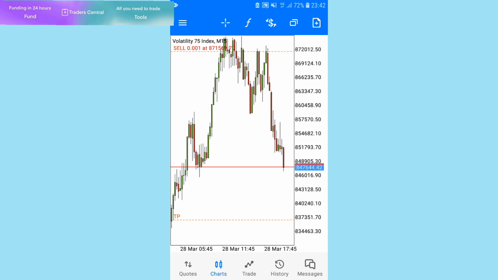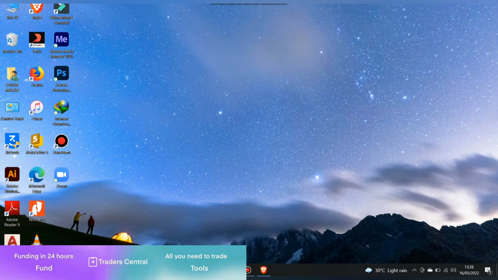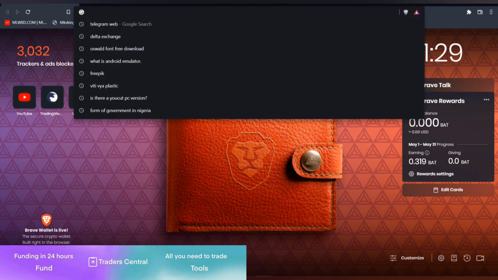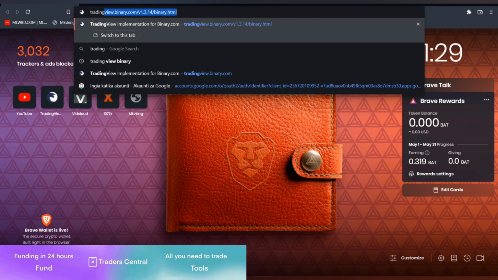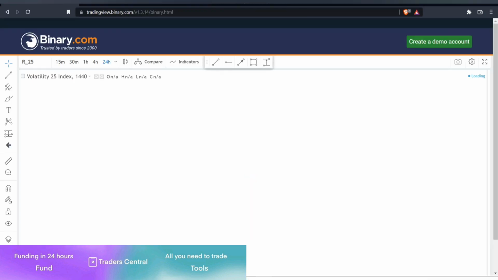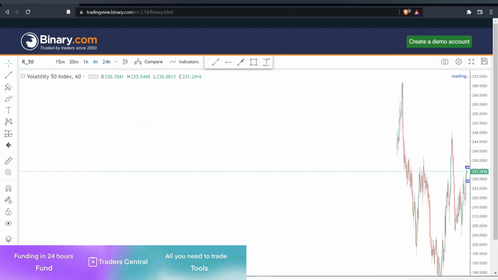So first step is always the first. Make sure you open up your personal computer and you go to any browser that you're using. Some can go to Firefox, some can go to Mozilla, but I prefer using Brave. So on your browser, just type the word tradingview.binary.com/v1.3.14/binary.html, and once you click enter, you will be directed straight to a Tradingview in which you will have